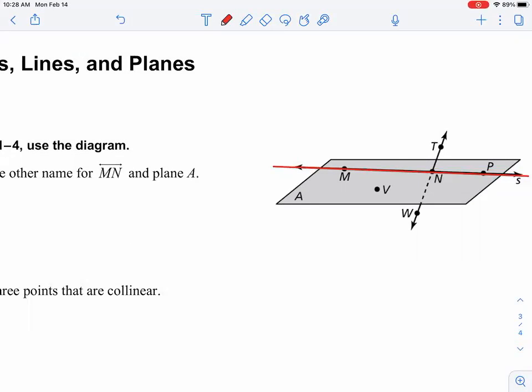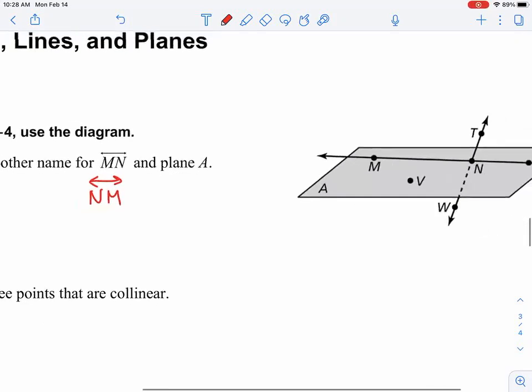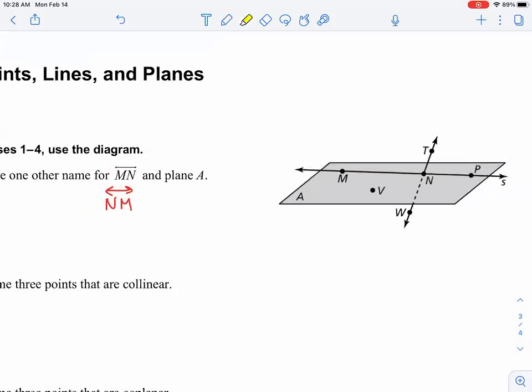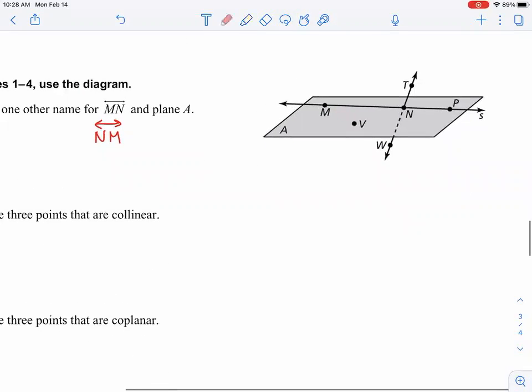So I can choose any 2 points on that. So I could call it line, I could switch the order, NM. But I have to have a line with 2 arrows above it. If you do not have this line with 2 arrows above it, it would not be marked correct on an assessment. You have to have that, okay? That's what that means. There are a lot of different ways you could have answered that. You could have said NP,